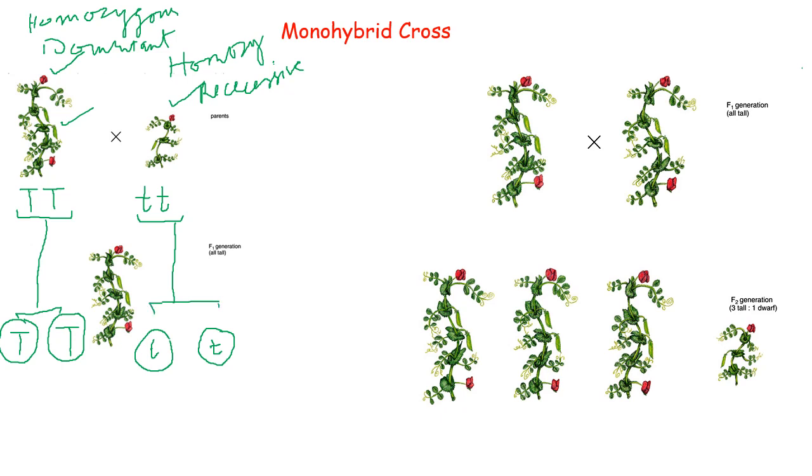Now these capital T and capital T have separated during meiosis. They have gone to two different gametes. These small t and small t are in different gametes. Now